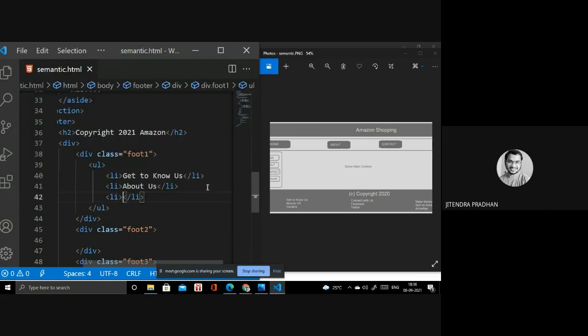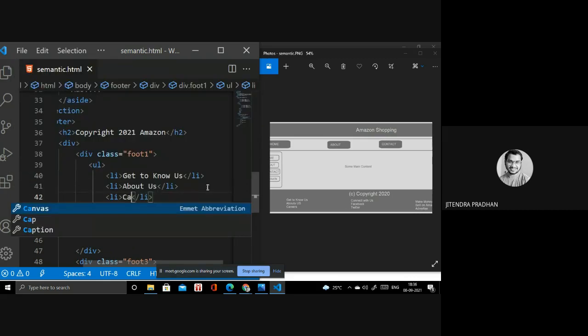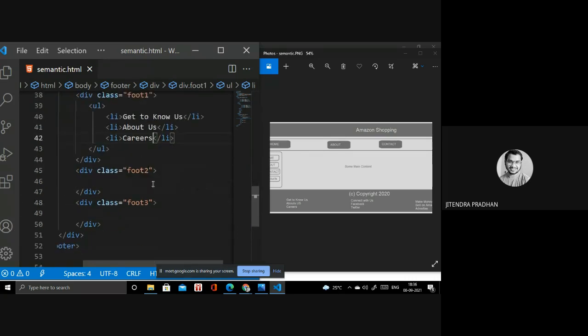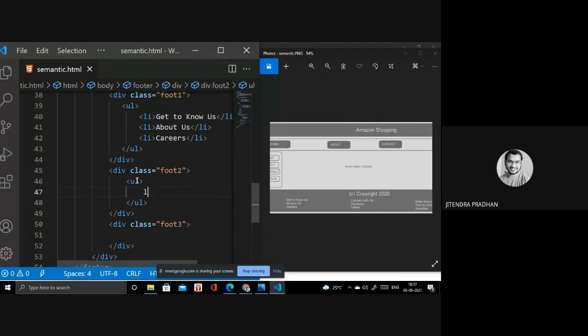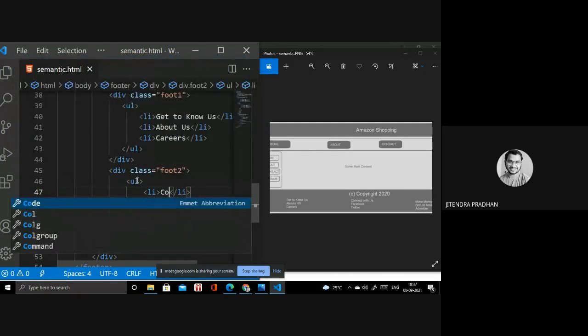So next thing is the tail. Next we design a UL also. In that UL you require li: connect with us.